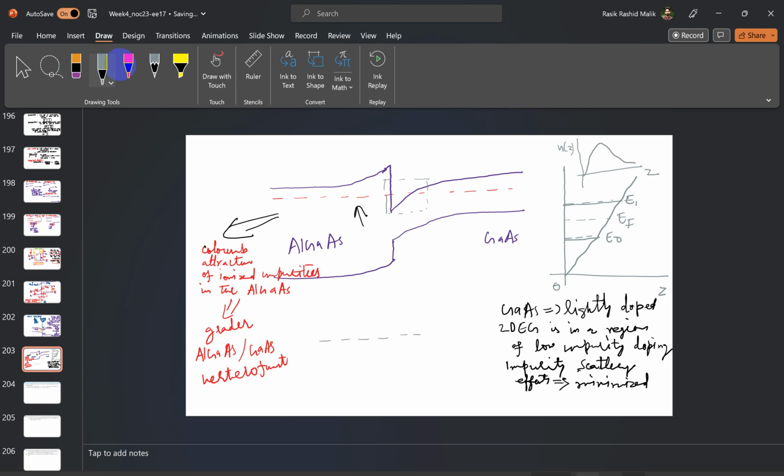This is my intrinsic Fermi level, and then we have the gallium arsenide side. I will just draw the conduction band diagram, EC, and then at the heterojunction we will have another insertion layer here, which will have the graded doping. So it will look like this, as compared to what would have been if there were just gallium arsenide. The band diagram would have been looking like this, and now we have a region up to this which is undoped,